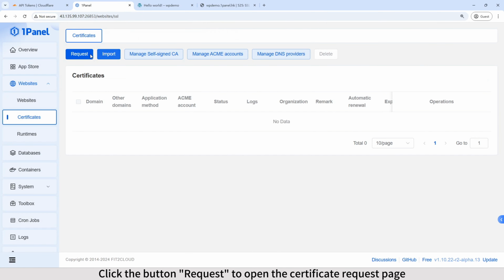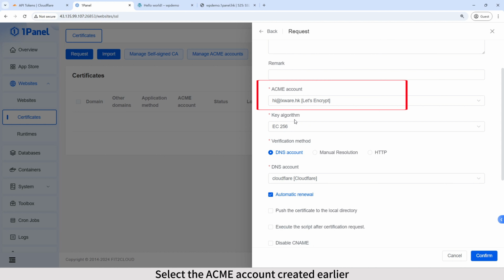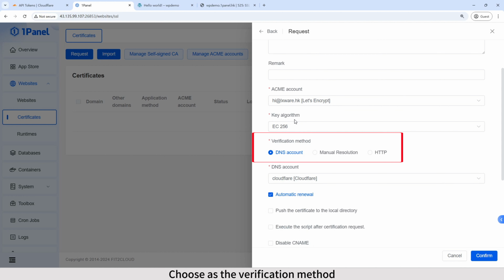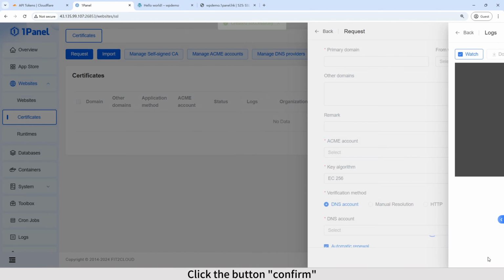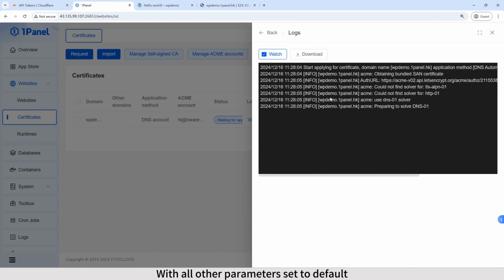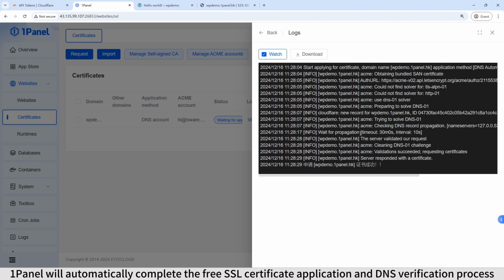Click the button Request to open the certificate request page. Enter the primary domain name of the certificate. Select the Acme account created earlier. Choose as the verification method. Select the Cloudflare DNS account created before. Click the button Confirm. With all other parameters set to default, 1Panel will automatically complete the free SSL certificate application